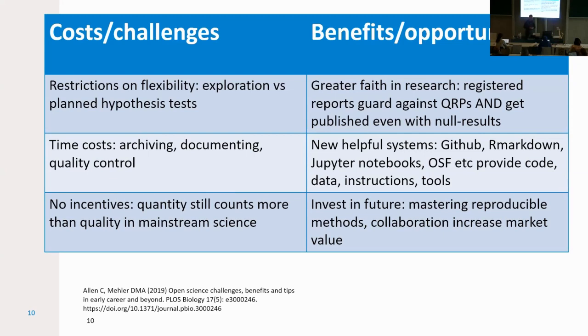We can only focus on the upsides of open science, but if you are going to use it, especially in your field, and also when you go into long-term projects, then it's also important to consider the costs and the challenges. For example, flexibility